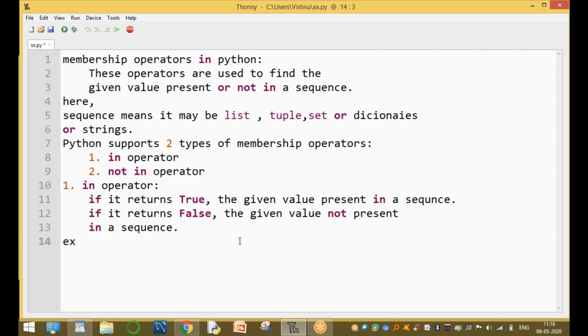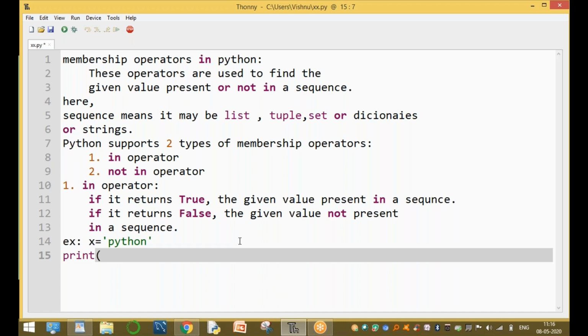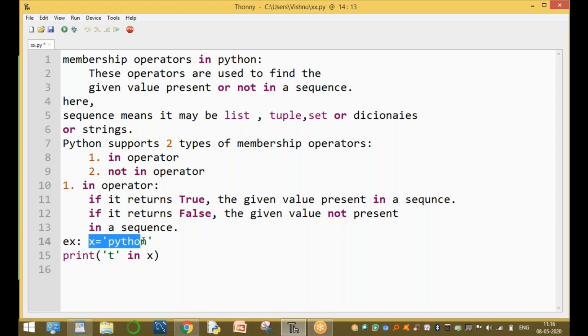One more example: x equal to Python. Print of t in x. x equal to Python is the value. t in x returns true, because t is present in x.